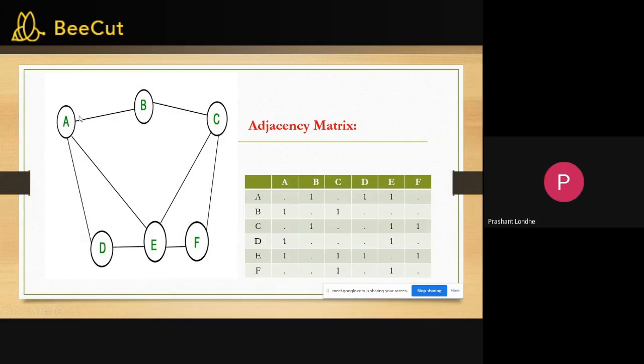Similarly, B is connected to A, so B is adjacent to A, therefore there is a 1 between B and A. Similarly, B is connected to C, therefore you write 1 between B and C. But for the rest, we don't have any edges, therefore we are not going to put anything. So in this way, you are going to represent the adjacency matrix.